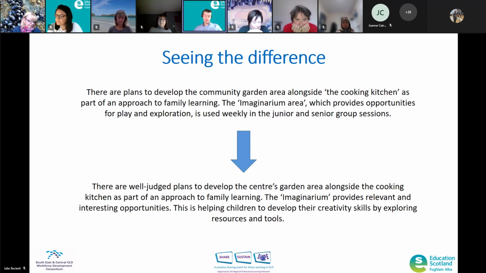So again, how are they relevant? Well, that's why, because they're exploring resources and they're using different tools. So it can be a lot more clean cut like that, where the elements of the text are more highlighted through the opportunities, and an evaluative statement doesn't always need to be a big, huge thing that demonstrates impact over a large event or a project that takes a lot of time. It can be a statement that just highlights why something's valuable and clearly understood by anyone.